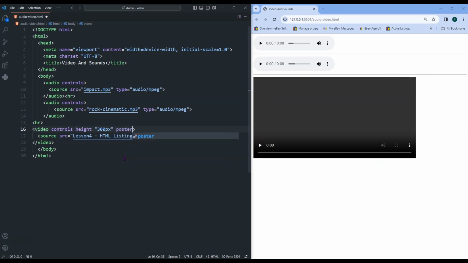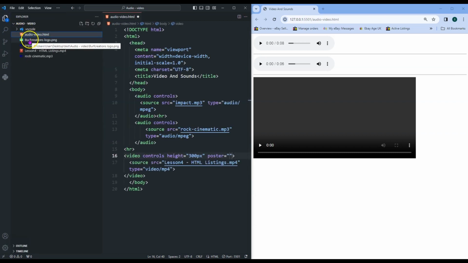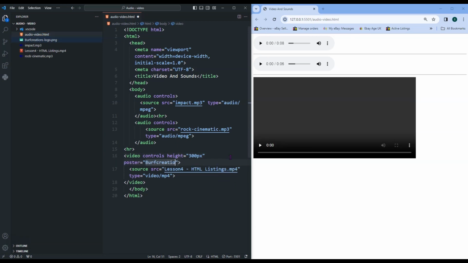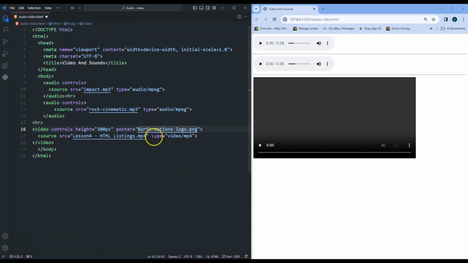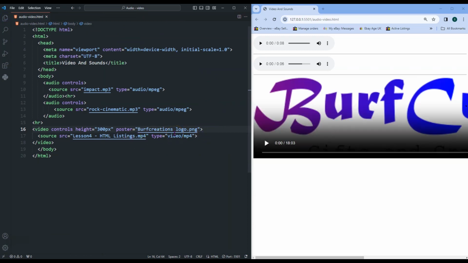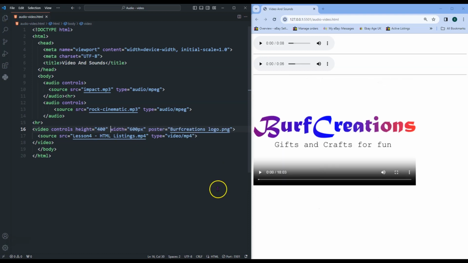So all I'm going to do is use the actual image. I'm just going to use the Beerford Creations logo for now. Close that down. I'll save this. Obviously a bit big, but you can shrink it down a bit. So let's just change this to width 600. So using the poster,